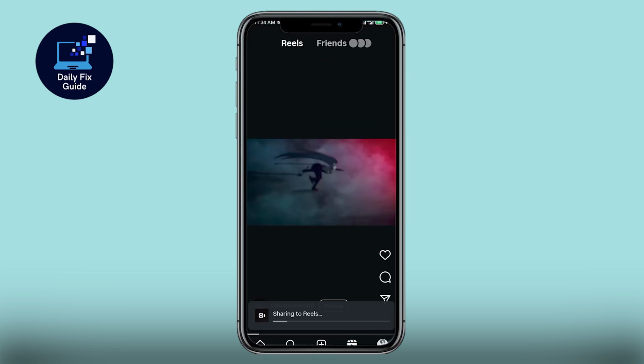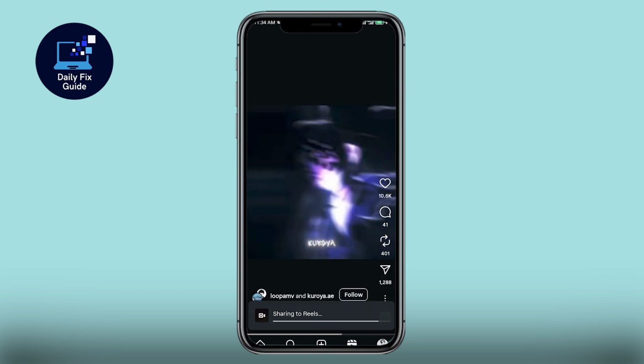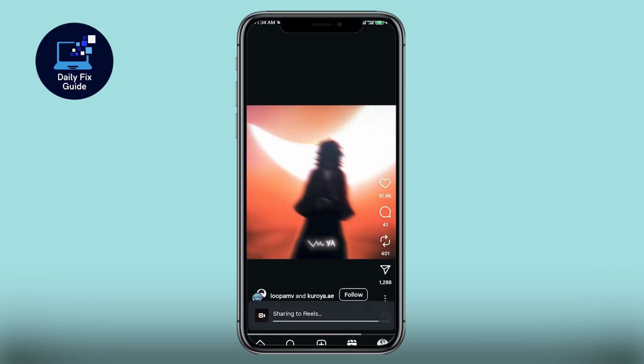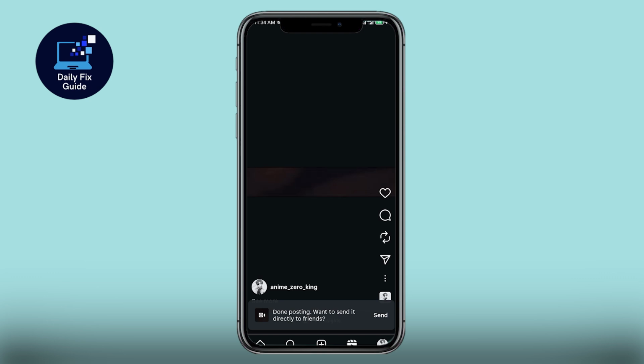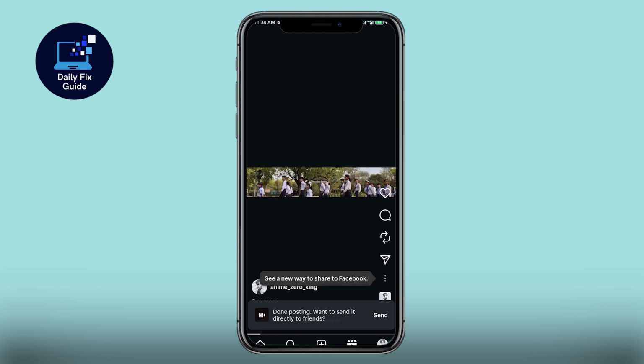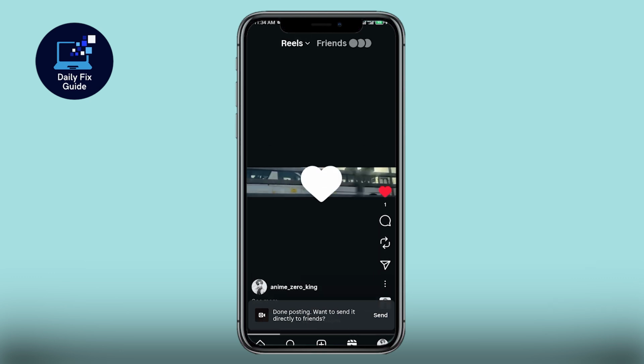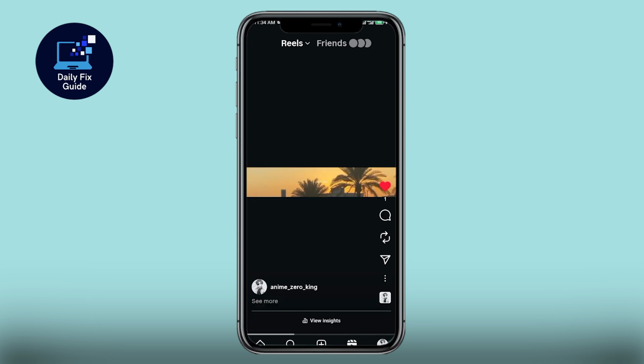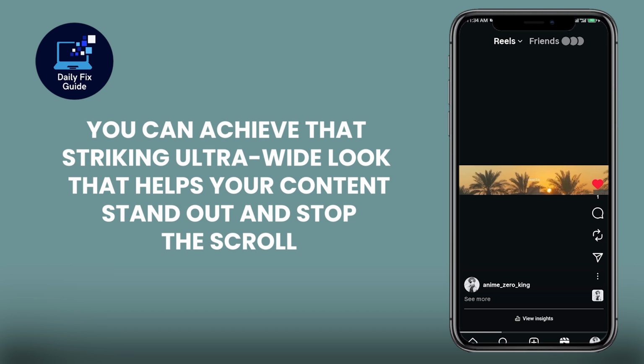Keep in mind that Instagram could patch this trick at any time, and the formatting may vary slightly between Reels, feed posts, and stories. Since this is a non-standard format, video compression might appear a bit harsher than usual. Still, with just a few extra steps, you can achieve that striking ultra-wide look that helps your content stand out